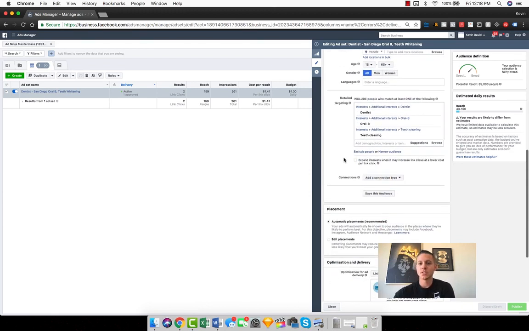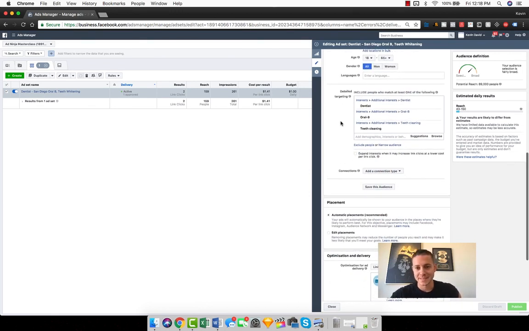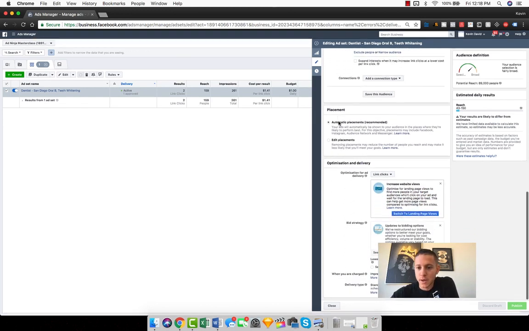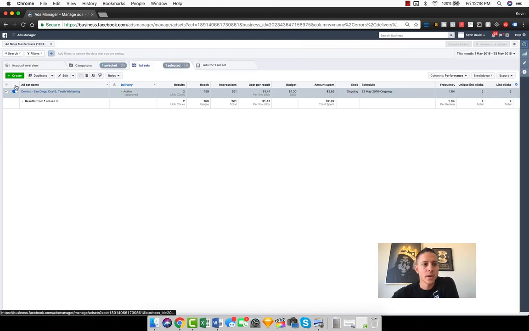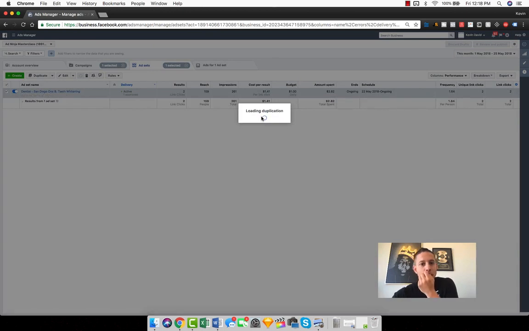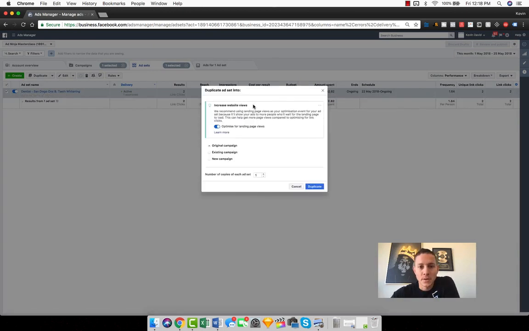And so let's say that we wanted to split test this and only target men. So how do we do that? Keeping everything else the same, it's actually quite easy, right? So we're going to collapse this panel, and we're going to come over here, and hover over this, and right here where it says duplicate, we're going to click duplicate, increase website views, right? We're going to optimize for landing page views. We are going to duplicate the original campaign,